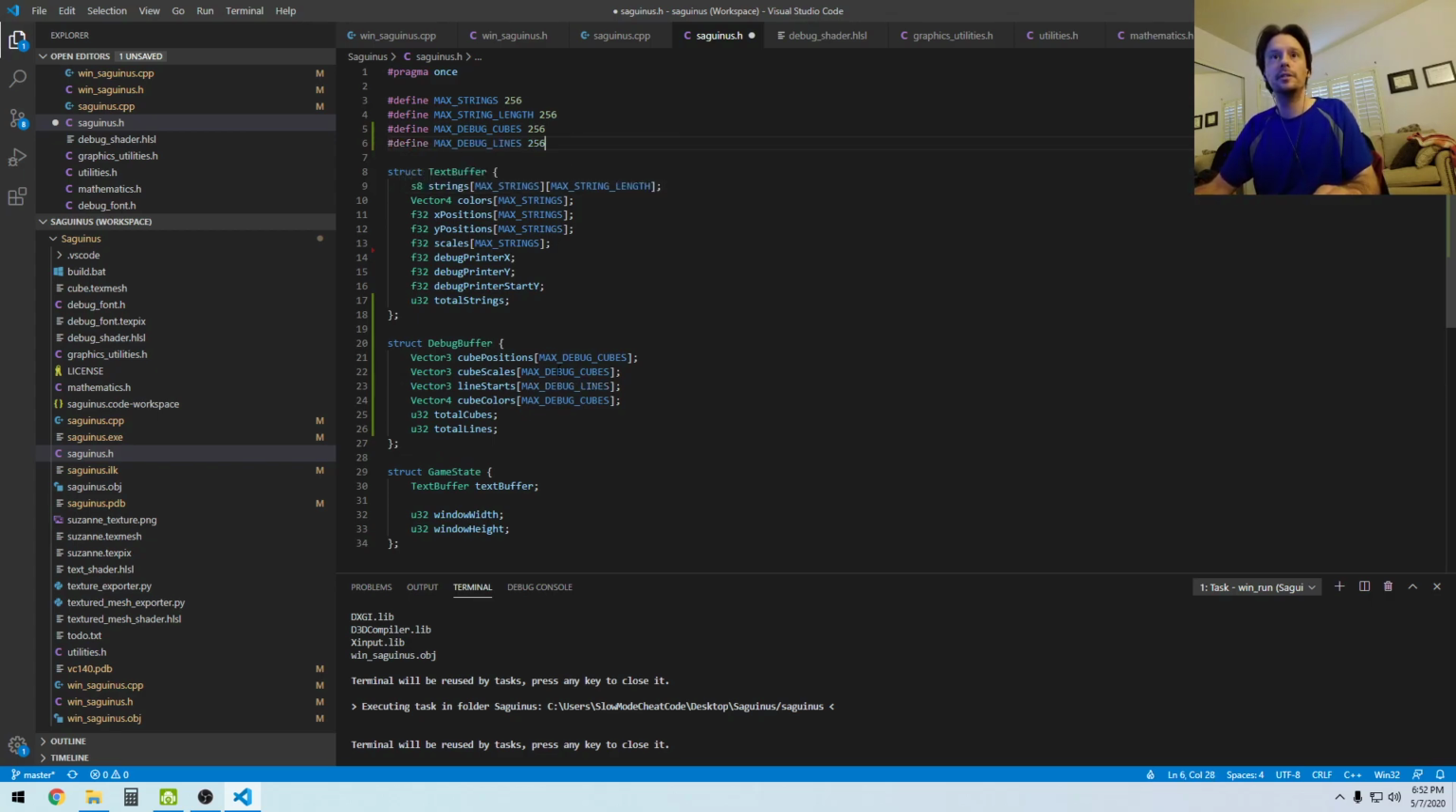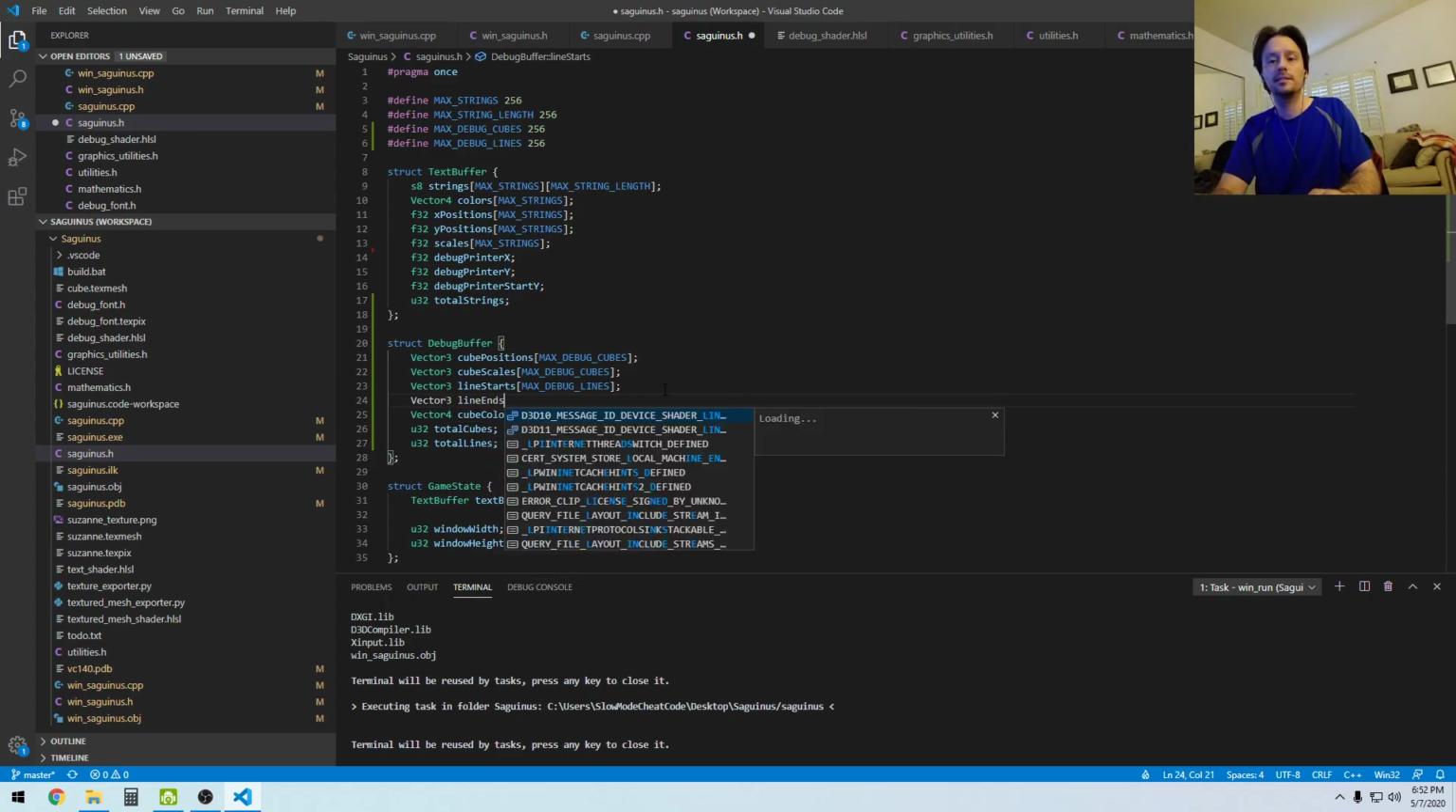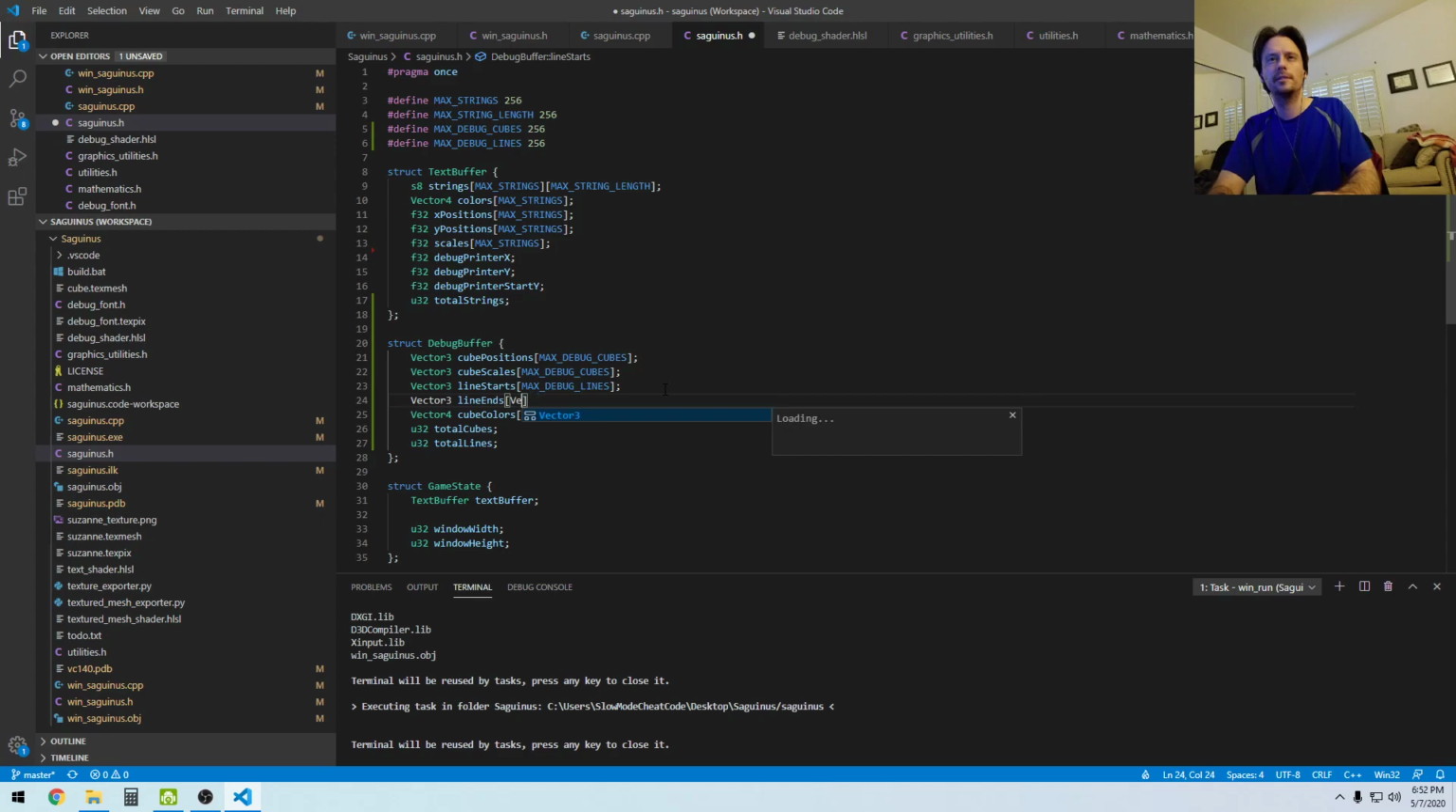Make that 256 for now. So I got the line starts, vector 3, the line ends. Max debug lines, and then each line needs a start, an end, a scale or a line width, and then a color. So I need colors for that too. Therefore, set line colors